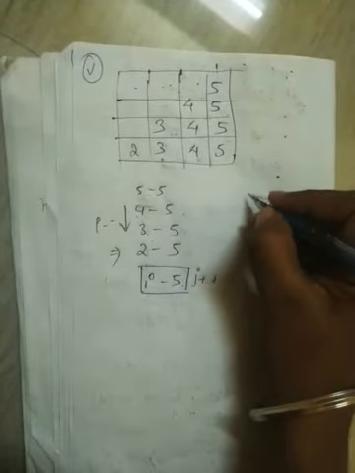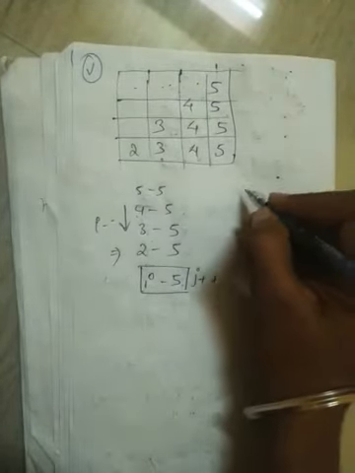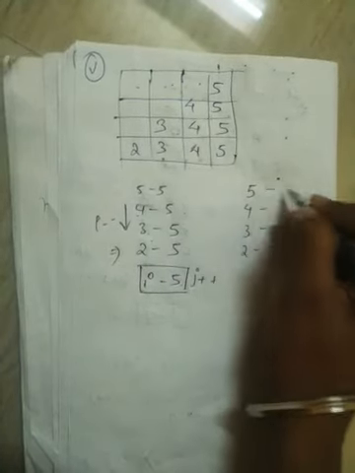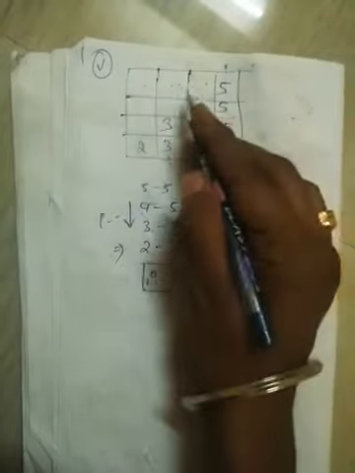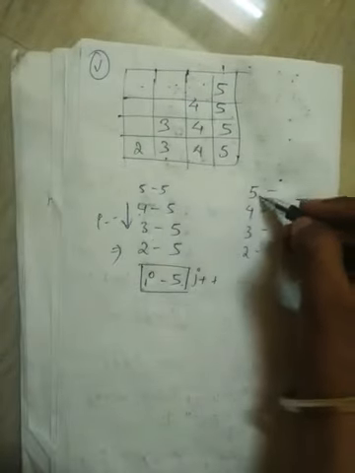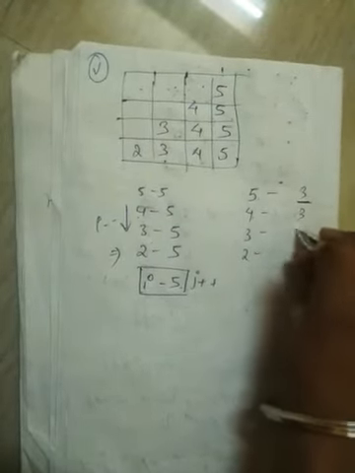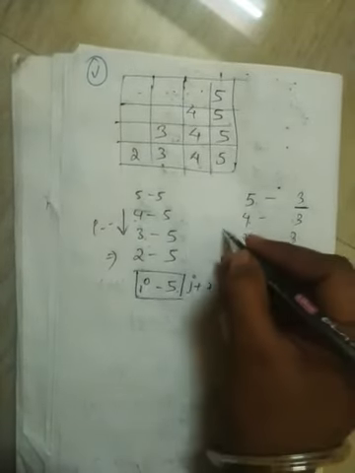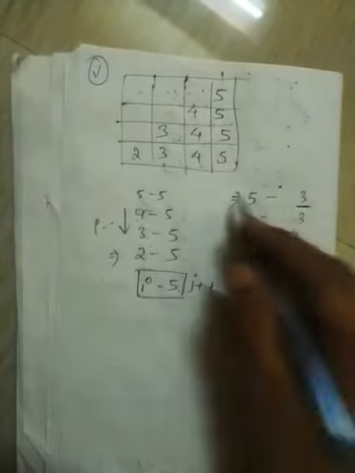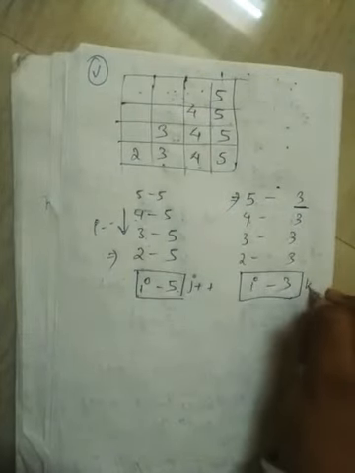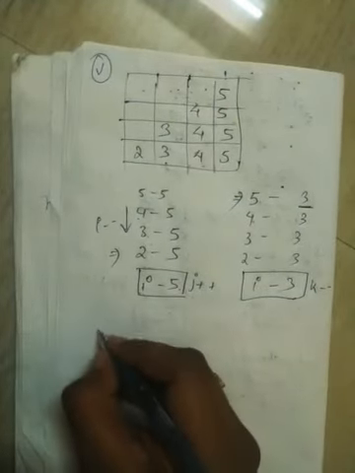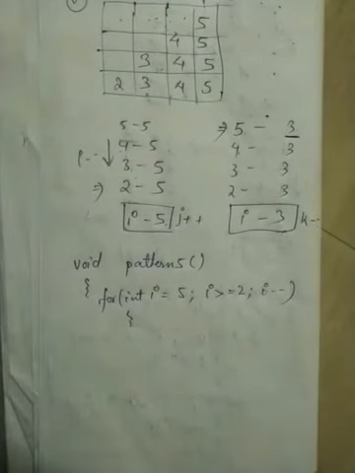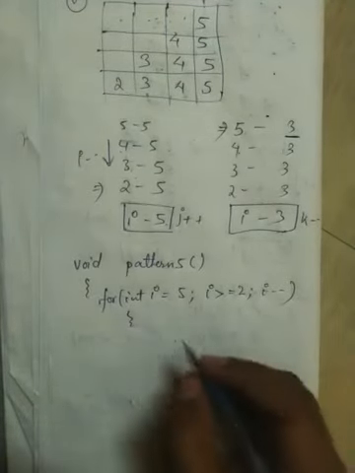Now next, I will make the space loop. First the I values: 5, 4, 3, 2. Maximum space in the first line is 1, 2, 3 values. 3 spaces, the third value is 3, so 3, 3, 3, 3 is written. Now this is your I, this is your 3. From this line you will see 5 towards 3 you have to go minus, so K minus minus. Make the loop. So we'll get for int I equals 5, I greater than or equal to 2, I minus minus.